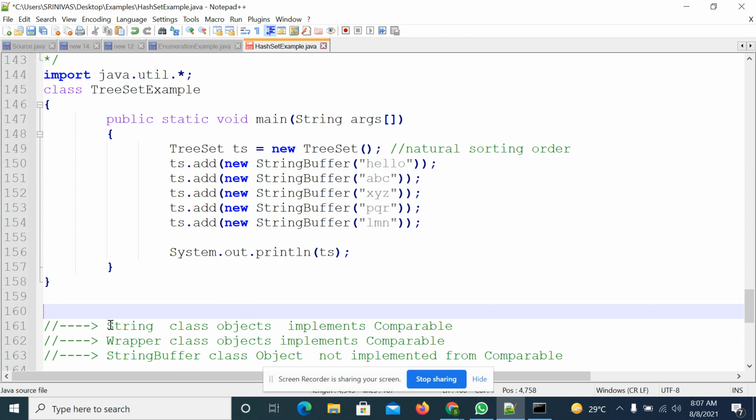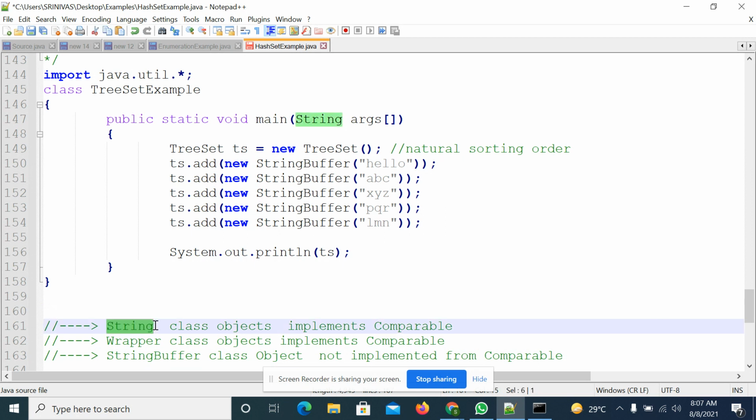We tried adding String type data and we are able to sort the data. We tried adding some numbers and we are able to sort the data. Why? Because at the back end we have some support. What is the support? These classes implement the Comparable interface.